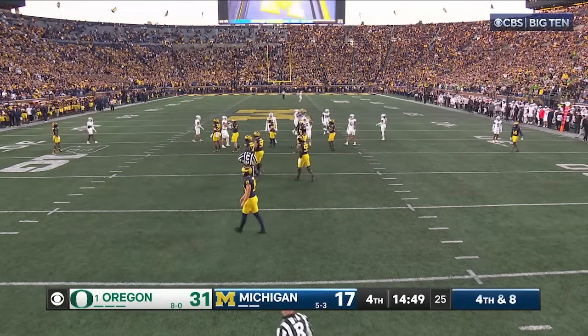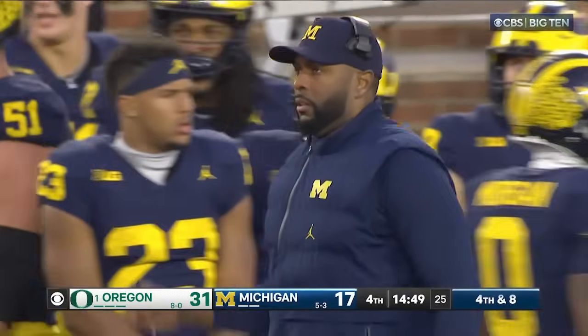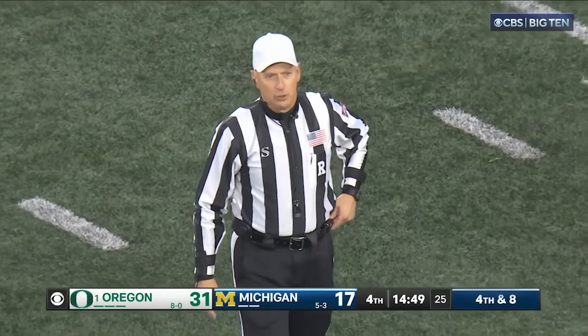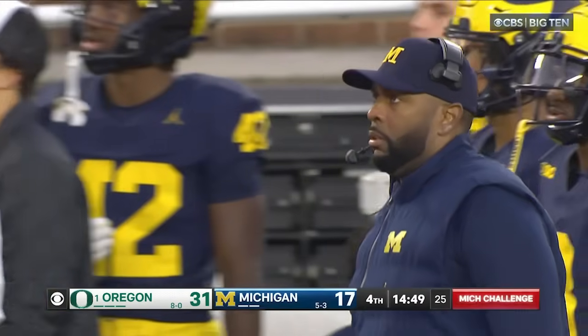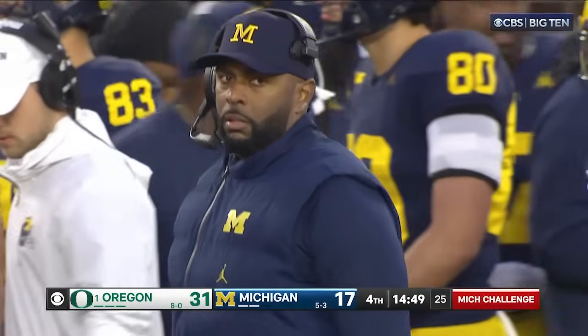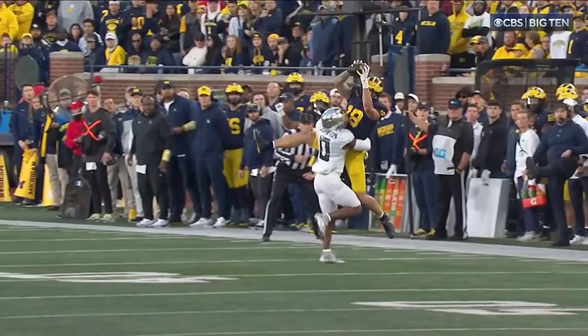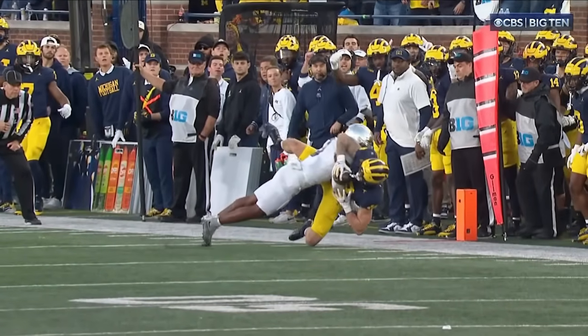Sherrone Moore's going to take a challenge on the play. Ooh. It's a valuable timeout he would lose. Remember, he already took 1 for 2, not enough men on the field. Michigan is challenging the ruling on the field of an incomplete pass. We'll review the play. That's a tough call. Tough. Yeah, and that's where the booth has to really help your head coach on that one. You've got to say, Coach, I know you're